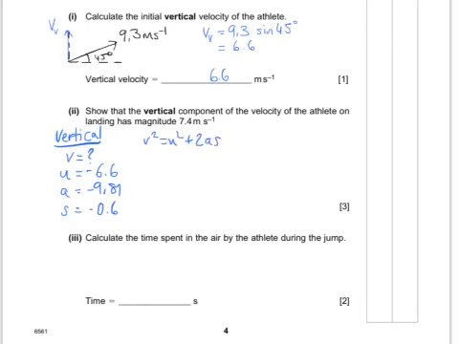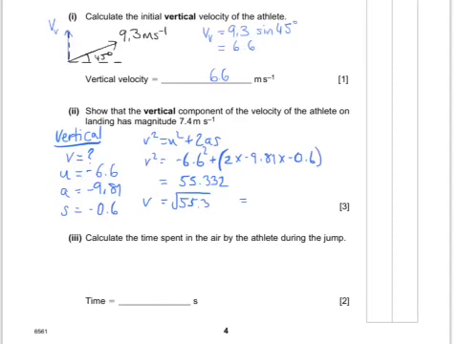Let's put our numbers into that. We're trying to find v squared in this case, so minus 6.6 all squared plus 2 times minus 9.81 times minus 0.6. Let's fire that all into the calculator, and that gives us 55.332, and our v is then going to be the square root of 55.3, which is equal to